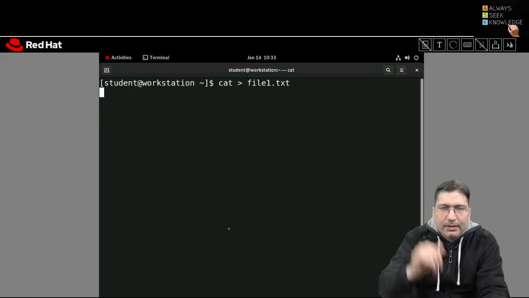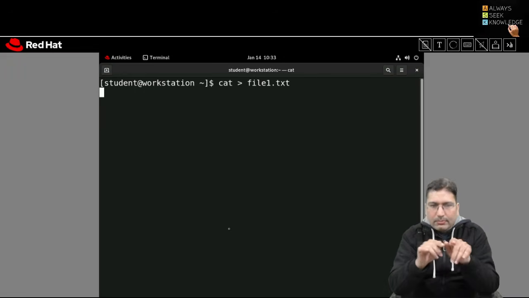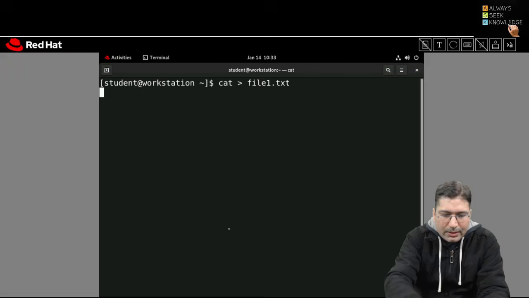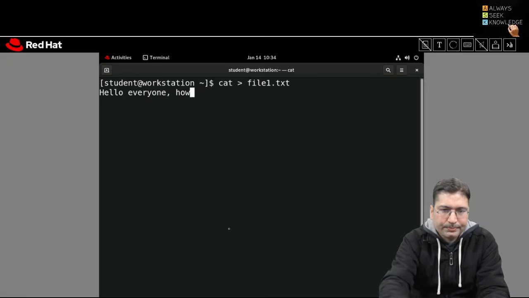Now once you hit enter, it will hold your cursor. You will not get the prompt back where you can type a command. So now you can write your content. Hello everyone, hope you are learning well. Okay,